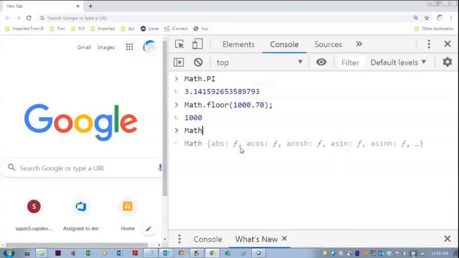And if you say Math.ceil, ceil means it goes to the immediate next higher value. Even if you give .20 paise, like in your petrol bunks, it is taken to the higher value. Even with any lower value you give, it always goes to the next immediate complete number.